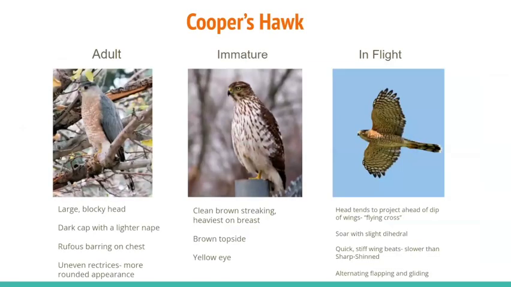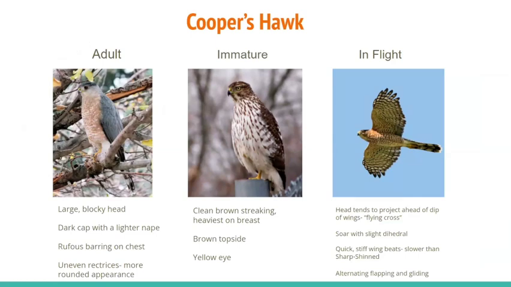So for the adult Cooper's hawk, they actually have this very large, blocky head, and instead of a dark hood, they have a very dark, almost black cap with this light tan nape. They also have, kind of similar to a Sharpie, that rufous barring on their chest, and instead of having a tail with all even rectrices, their outermost rectrices are shorter, so it gives the tail this very rounded appearance when